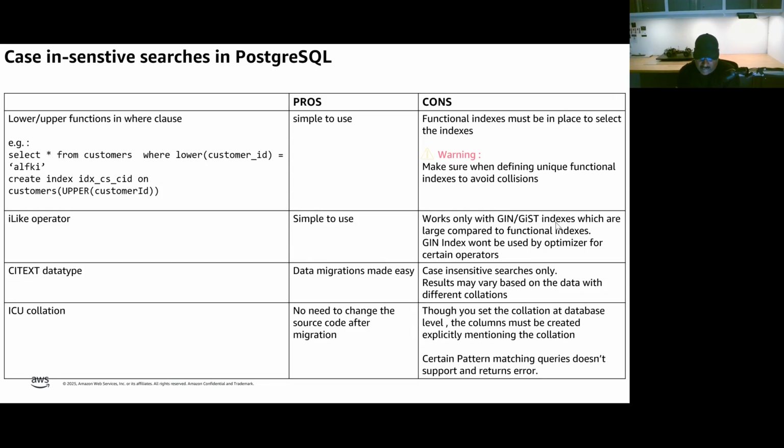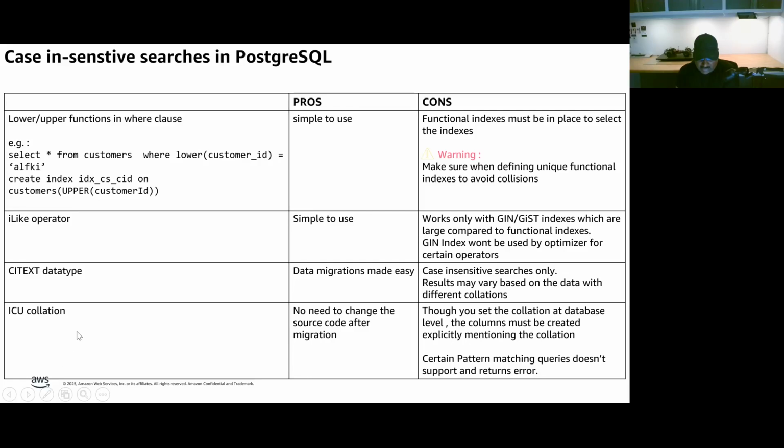And the third one is citext. Citext is also a very common method to achieve case insensitivity, because it's a data type and also an extension. You have to create an extension to use citext as a data type. But if you use citext with different collations, then your results may vary. If you're using different collation settings for different languages, then pay attention to how citext behaves when applying a different set of collations.